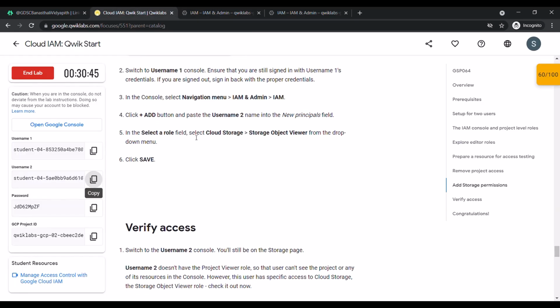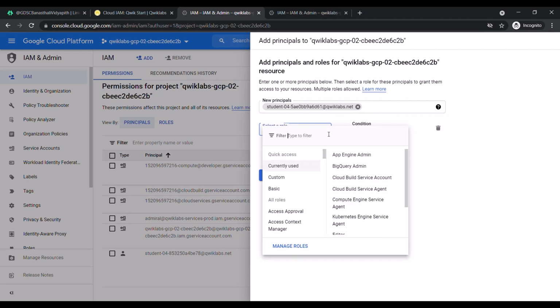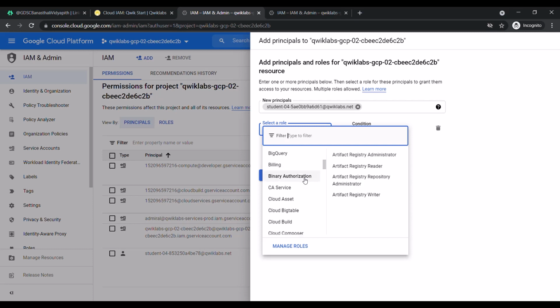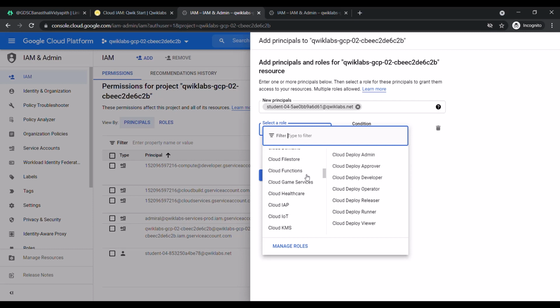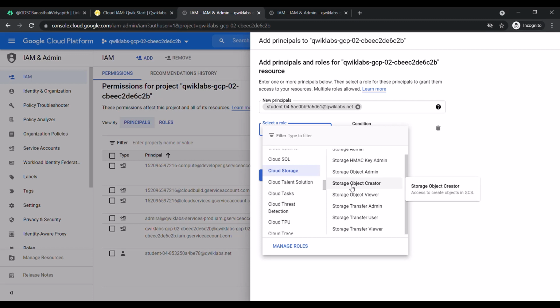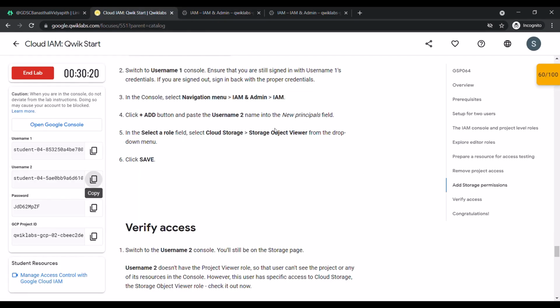In the select a role field, select Cloud Storage and then Storage Object Viewer. We'll select Cloud Storage from here. You can go down and select Cloud Storage, and then we need to select Storage Object Viewer.